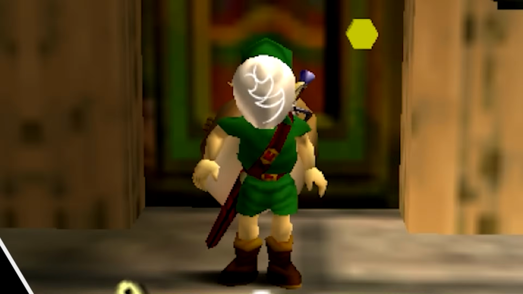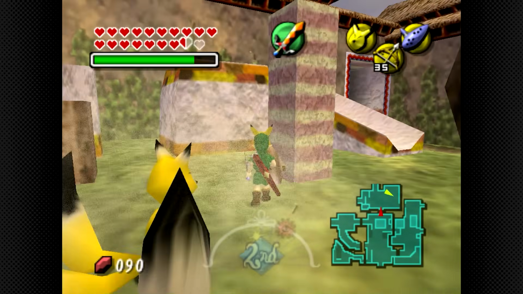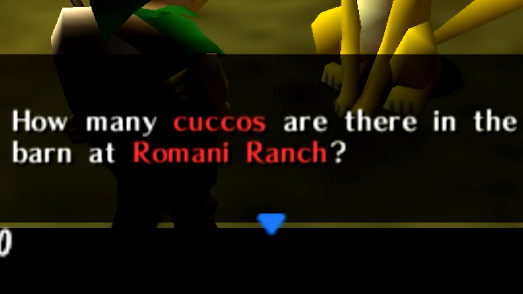18, the Keaton mask, and 17, the Couples mask. Each of these will allow Link to get a piece of heart. The Keaton mask will have Link encounter a Keaton where he then has to answer a few questions correctly to earn the piece of heart. Some of these questions are really stupid though, like how am I supposed to know how many cuckoos are at